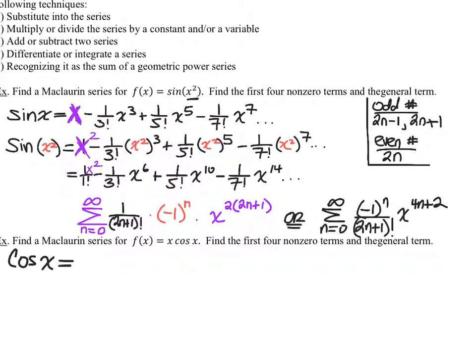I think everything else is probably okay. Let me just double check. Plug in a 0, you get the 2. Yeah, so the rule was fine. It's just when I did the expansion, I missed that part of it. And the only reason I picked up on it right now is because I was about to write 1 minus 1 over 2 factorial x squared, 1 over 4 factorial x to the 4th,